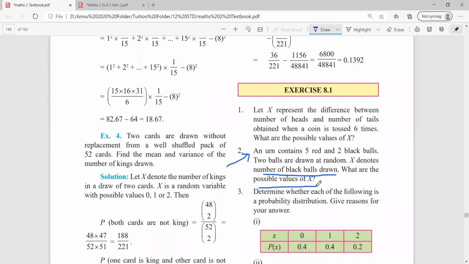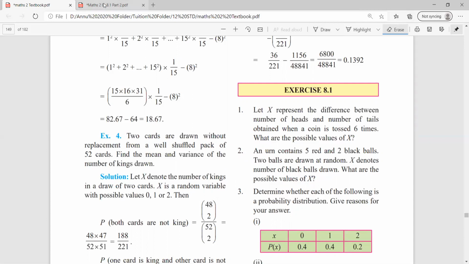Now what are they telling? At a time you are drawing 2 balls, correct? तो possibility है दोनों बार black balls आ जाए, possibility है एक ही बार black ball आ जाए, and possibility है both the times black balls don't come only, है ना, 0 possibility है. So I hope up till now you must have followed the answer.